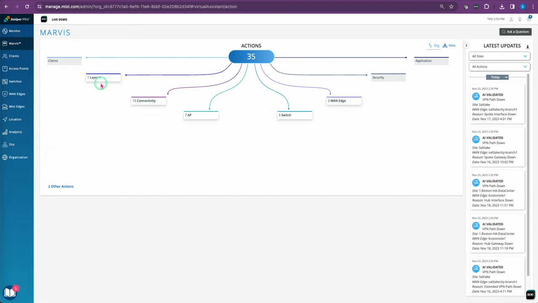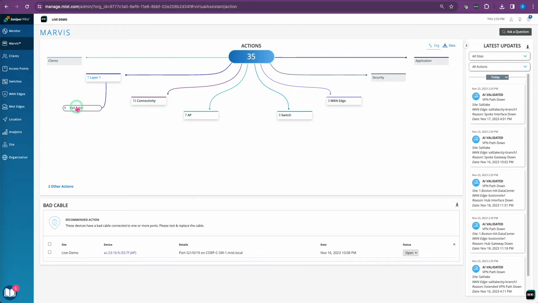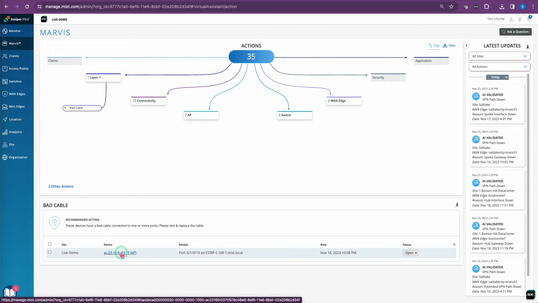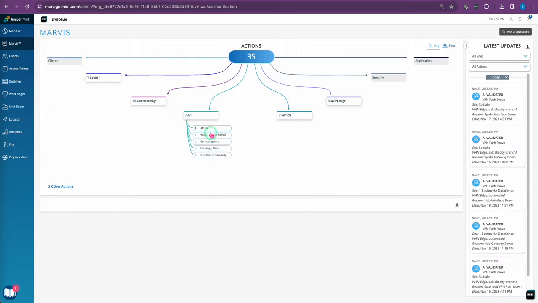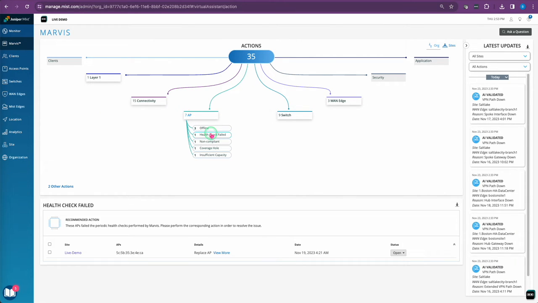time-saving it is. So from a layer 1 perspective, Marvis can report bad cables. Here we have an AP reporting that a port on a switch has a bad cable. This AP link allows you to pivot to the utility section and run a cable test on the device to confirm this before replacement. We also have AP actions, and here we can see that a failing AP is reporting